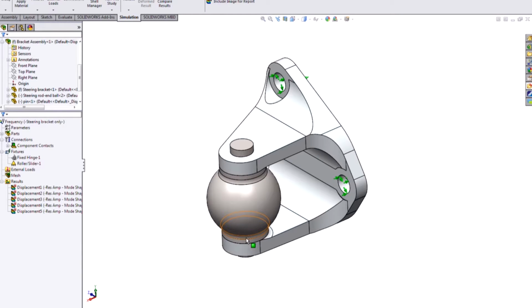Now typically, for most applications, resonance is bad. If you've got a motor mounted to a frame, and that frame has a natural resonant frequency that's the same as the operating speed of the motor, you're going to have a very shaky frame. It might be noisy, it might be annoying, or it might be a pile of metal on the floor by the time you're done. But frequency analysis helps you identify the resonant